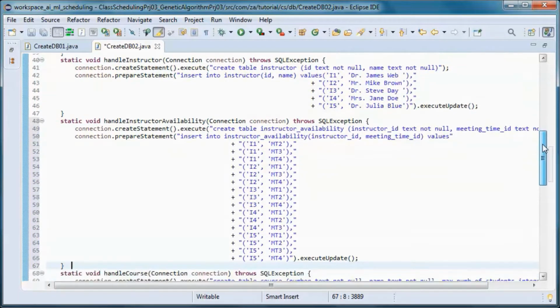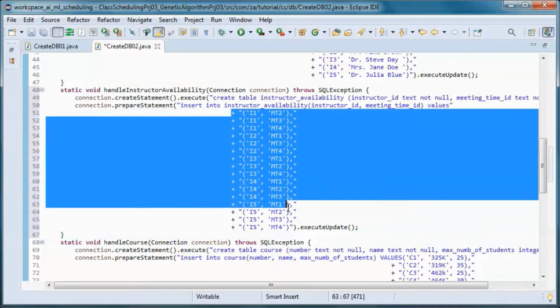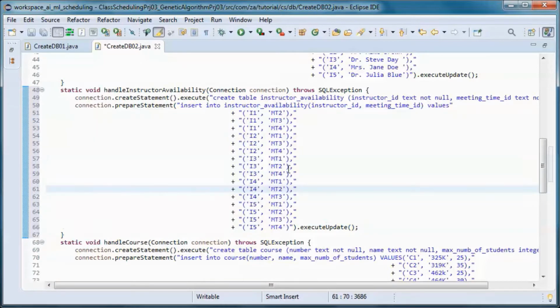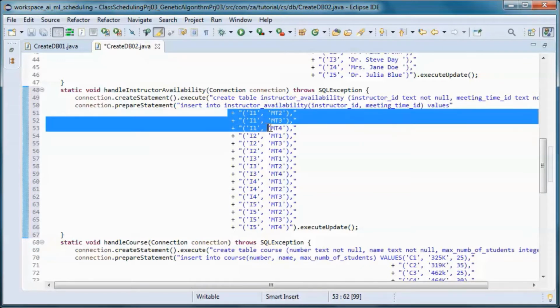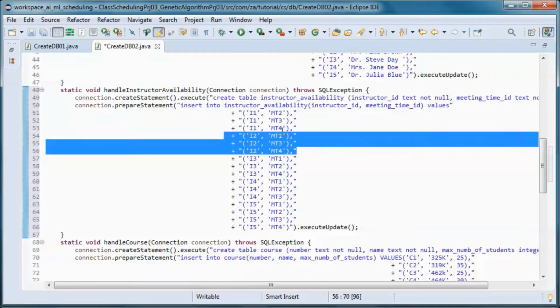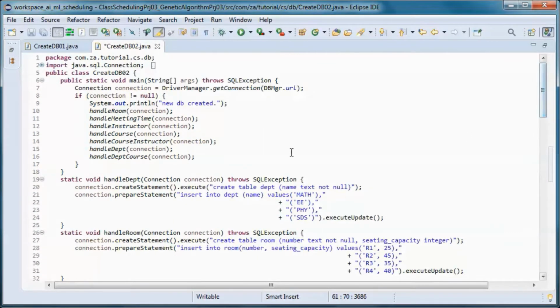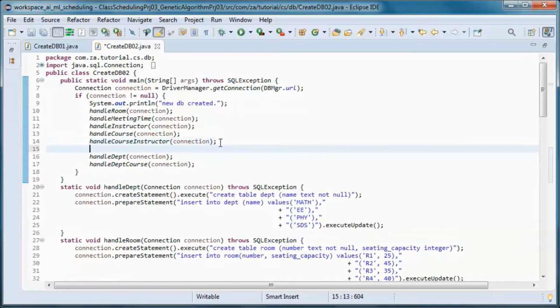So here we're populating this instructor availability table with those values. So this instructor will be available for meeting time 2, 3, and 4, and this one will be available for meeting time 1, 3, and 4, etc. And same thing, we'll call it from here.